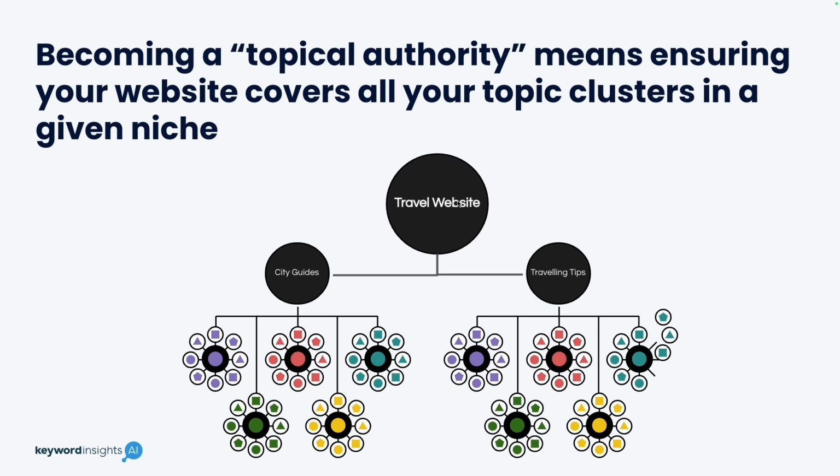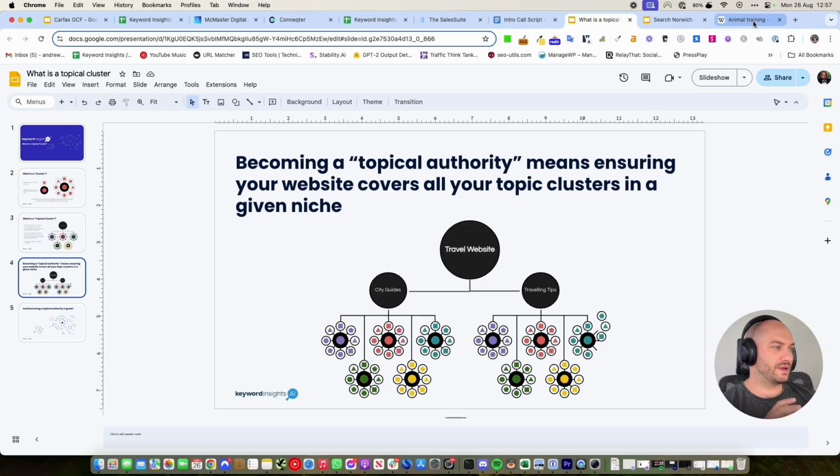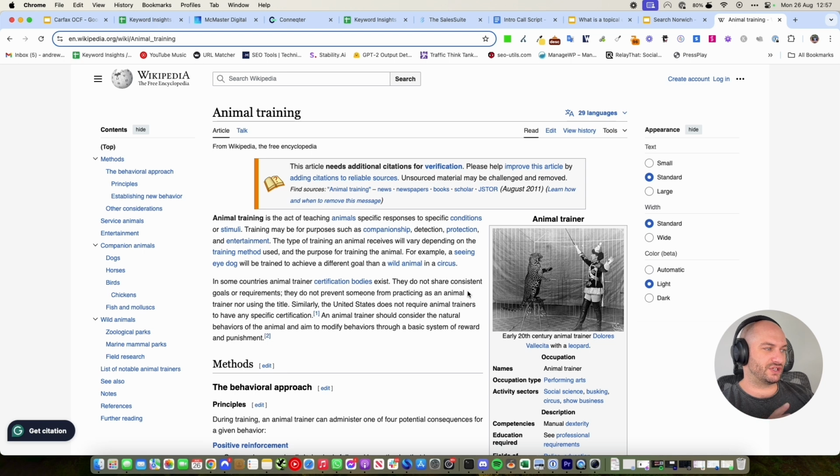And so this travel website will have multiple topics. So it's got city guides, it's got traveling tips, it might have packing tips, it might have loads of other things related to traveling. And becoming a topic authority means building up your keyword clusters, interlinking all those similar clusters into your topics. So this is a topical cluster, and then interlinking all your topical clusters to become a topical authority. Now, Wikipedia is a really good example because actually they're a topical authority on everything, but you can see